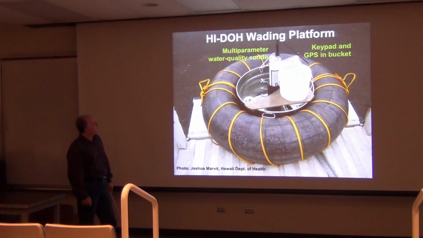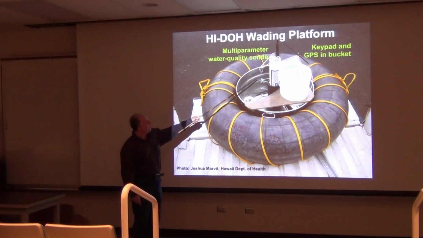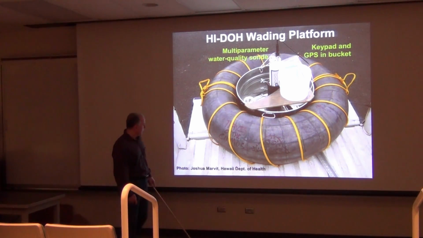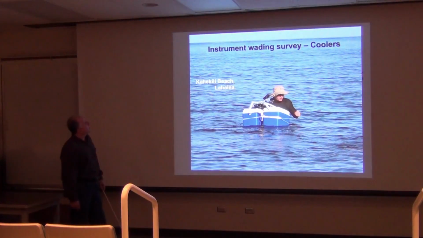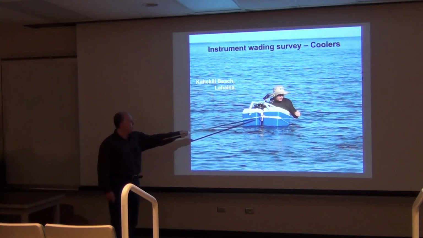This is our first platform that the Hawaii Department of Health guys rigged up: an inner tube, a bucket, an adjustable depth thing here for our instrument. Here's our GPS, and we would toss sample bottles in there. Later on, we went to Maui. We didn't ship that thing over because it was heavy, so here I just strapped the instrument between 2 coolers